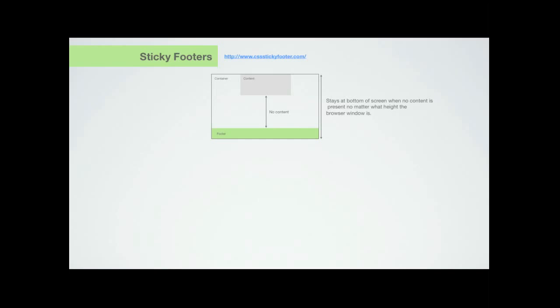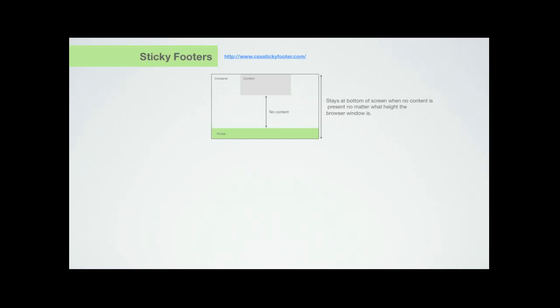For anyone who doesn't know what a sticky footer is, there is a diagram there. You can't see the content box, but you've got your content. When you're scrolling, your footer's off the page, as if it's at the bottom of the content. When you scroll up and the content rises up, say it goes up to there, you've actually got a space where there's no content, and if you want the footer to be at the bottom of the page still, usually